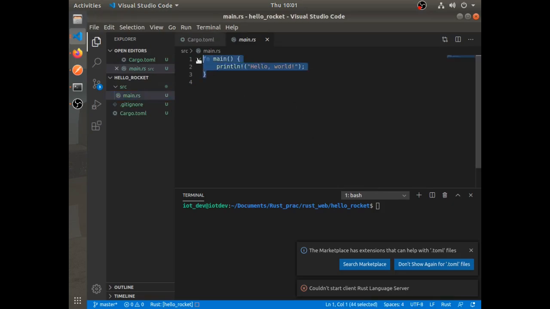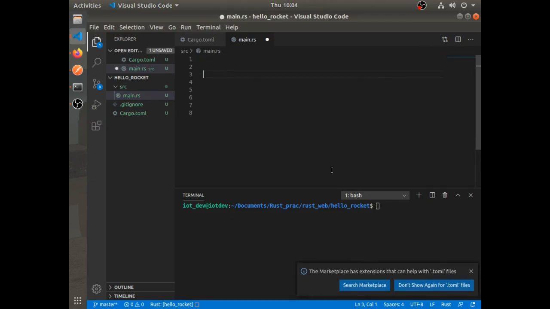Rocket's main task is to listen for incoming web requests, dispatch the request to the application code, and return a response to the client. Rocket applications are centered around routes and handlers. A route is a combination of a set of parameters to match an incoming request against, and a handler to process the request and return a response. A handler is simply a function that takes an arbitrary number of arguments and returns any arbitrary type. The parameters to match against include static paths, dynamic paths, path segments, forms, query strings, format specifiers, and body data, which will look like function decorators in other languages.